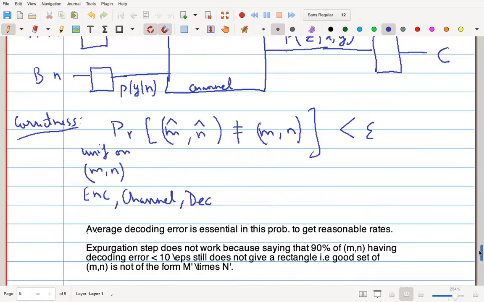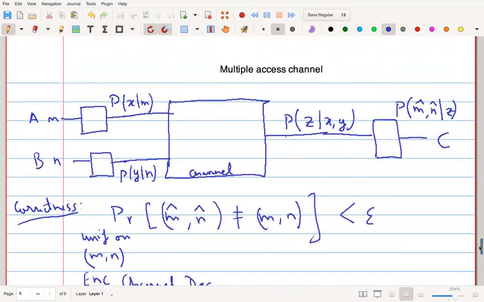So let's start off with the multiple access channel. We defined it last time, but I will just repeat very quickly for your benefit. It is a channel with two inputs and one output. The two inputs are traditionally called Alice and Bob. The output let's call Charlie, C. Alice and Bob are independent agents. Alice has a message M that she gets from the outside, which she has to send. Bob gets the message N from the outside, which he has to encode and send to the channel. M and N are independent messages in the sense that they're not coming from a joint distribution, nothing like that.